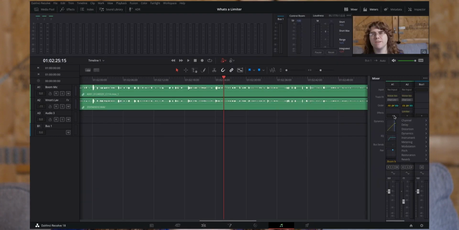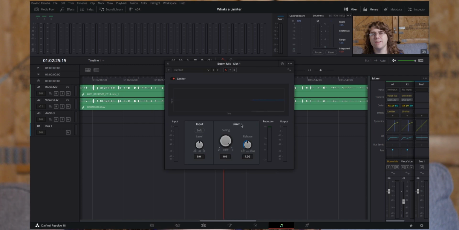So I'll show you here on the screen how you can use it in DaVinci right now. If we go over to the Fairlight tab, the little music note icon on the screen, what do you see? Well, we see very clearly that we've got our tracks on the side here. Click on this button right here, the little plus symbol, and let's add an effect. We'll go under here, and I believe it's restoration. I'm doing this as a voiceover, so I may be wrong on the screen, but just follow my mouse, and then you want to click a limiter.